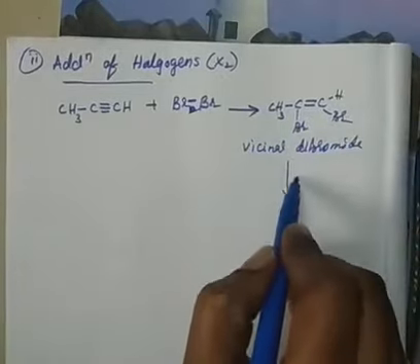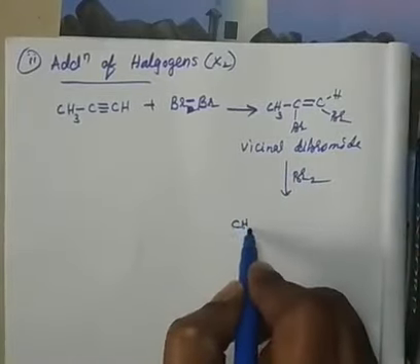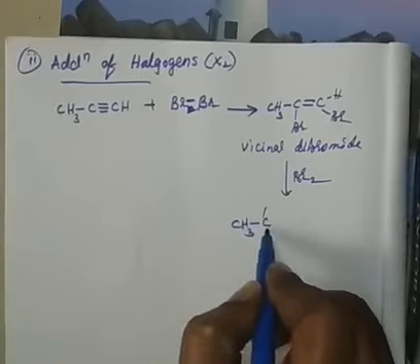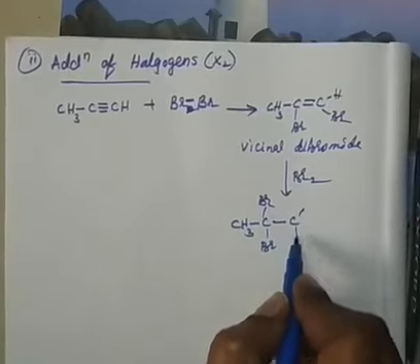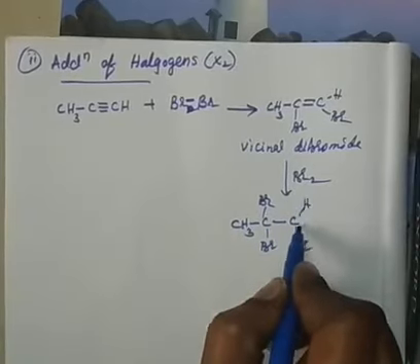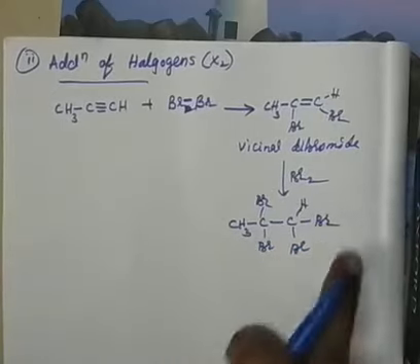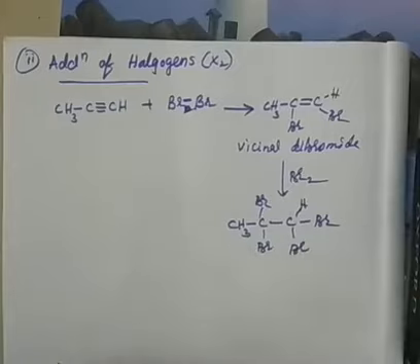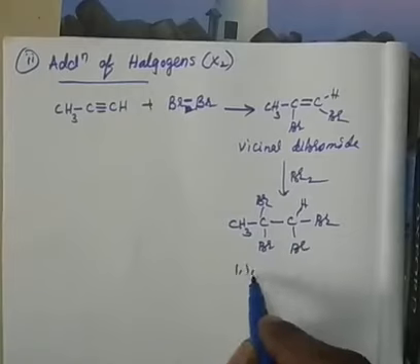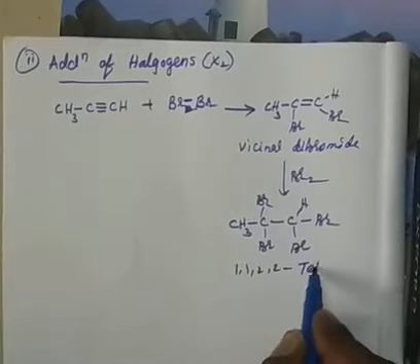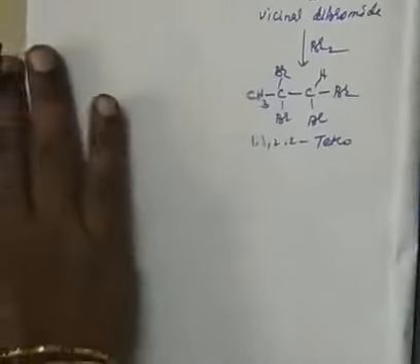Right? This one still reacts with one more molecule of bromine. What will it form? Removal of that double bond. Finally, it will give all four bromine atoms, just like hydrogens, and you will finally get a saturated hydrocarbon, tetrabromo. Four bromines, no? Tetrabromopropane. 1,1,2,2-tetrabromopropane. What is the name of this one? 1,1,2,2-tetrabromopropane. Okay.